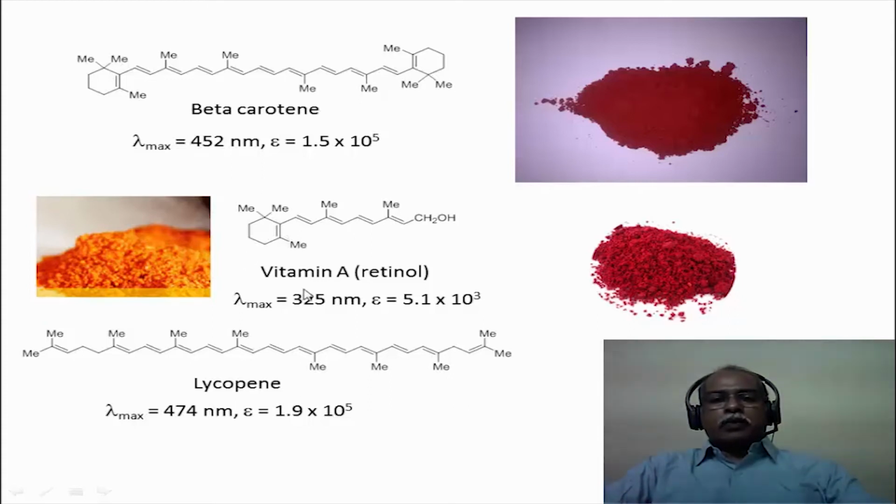This is a molecule which is known as retinol or vitamin A. This has an absorption maximum of 325. Although it is in the UV region, the tail end of the absorption comes in the visible region, and that is why the substance appears as bright yellow, for example. There are several organic dyes which are highly colored. For example, azulene is a hydrocarbon which is highly colored. It is blue colored in nature. That is essentially because of the pi to pi star transition in that particular molecule.